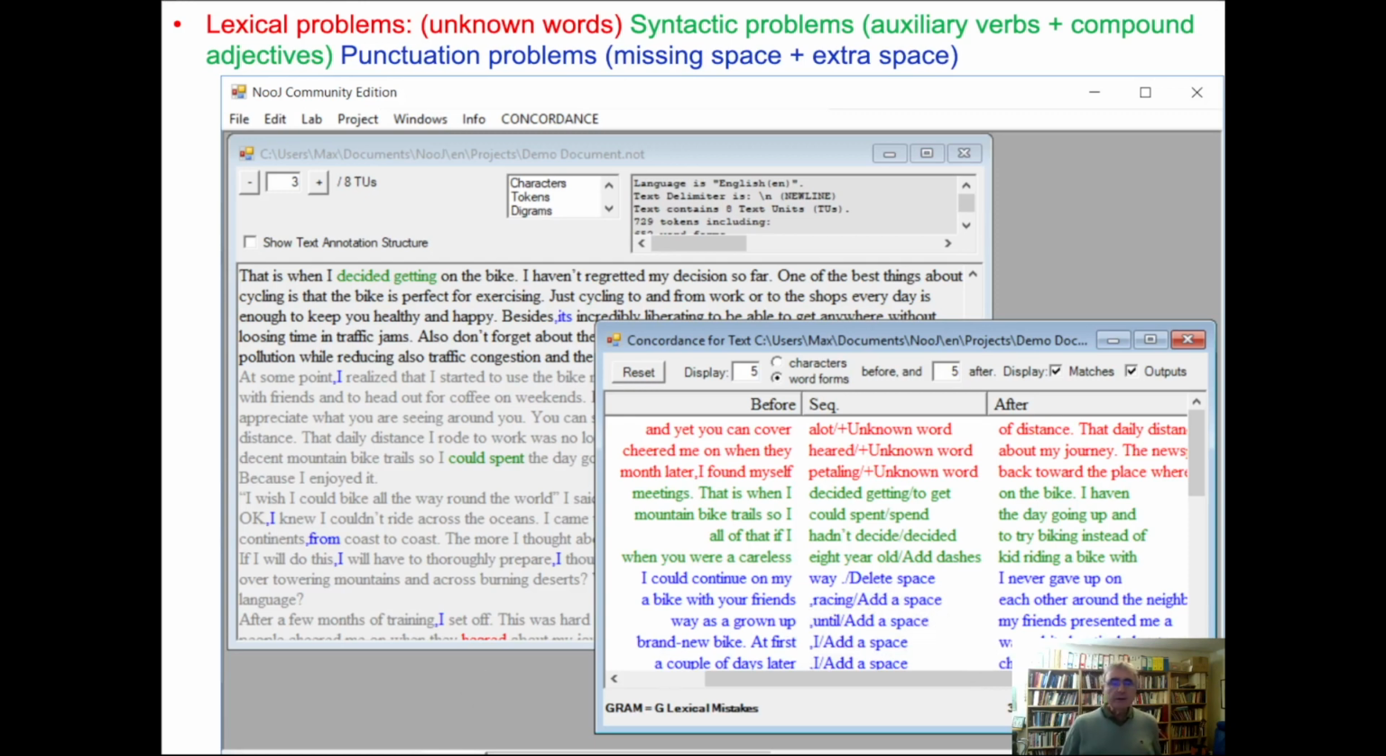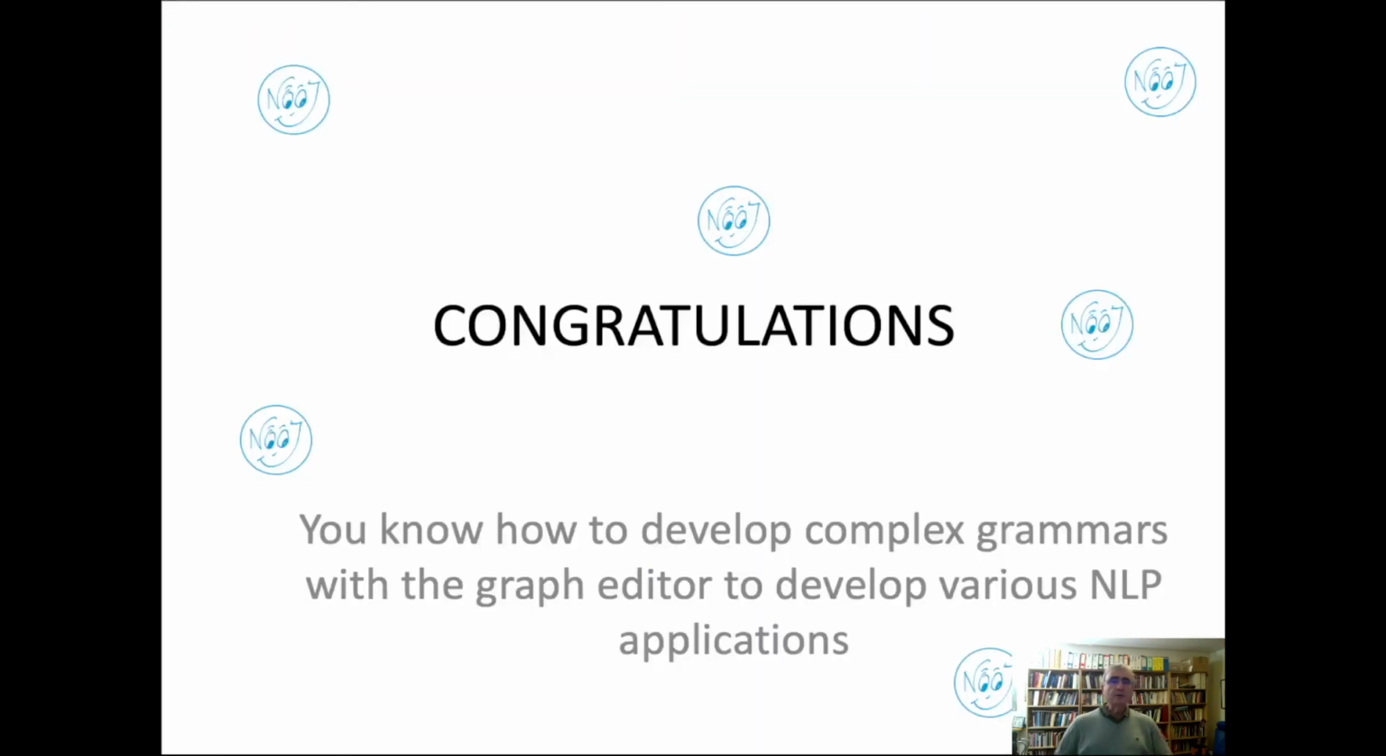So you can see that you can develop grammars not only using the text editor, but also the graphical editor. You can construct complex grammars, regular grammars, but also context-free grammars with many embedded rules or many embedded graphs. And usually people prefer to use the graph editor when grammars start to be very complicated. Congratulations, you know now how to develop complex grammars with the graphical editor and develop various natural language processing